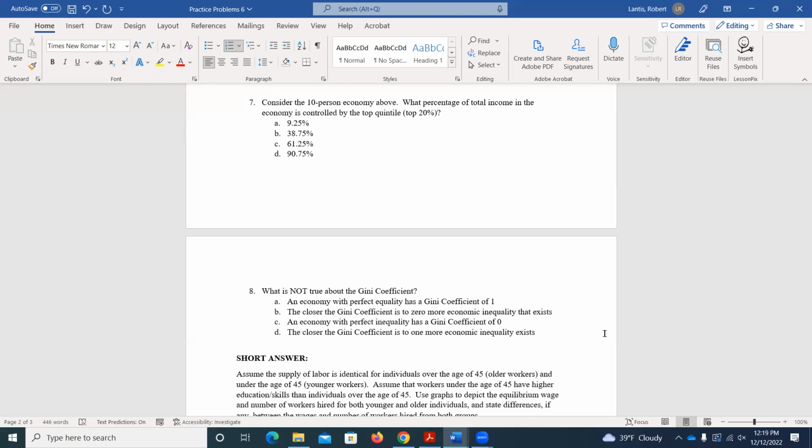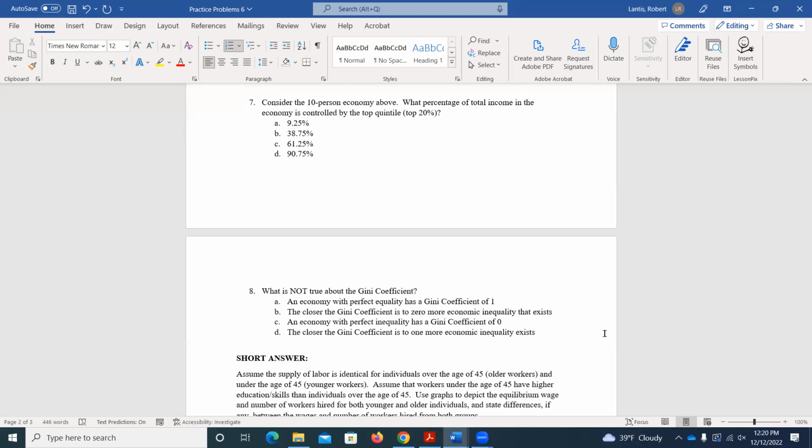So the higher that is, the more equitable a society I have. Think about it this way. If my line starts getting closer and closer to this line of perfect equality, what happens when it's exactly equal to that? Now the area under my Lorenz curve is the same as the area under the line of perfect equality. So I'd have a Gini coefficient of 1 if I had a perfectly equitable society. And then as my Lorenz curve gets closer and closer to bending down towards that point, the area underneath it is going to get closer and closer to 0. In fact, if I had a scenario where only one person owned all of the wealth,